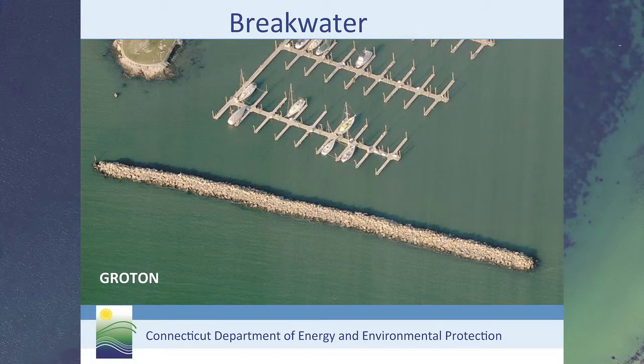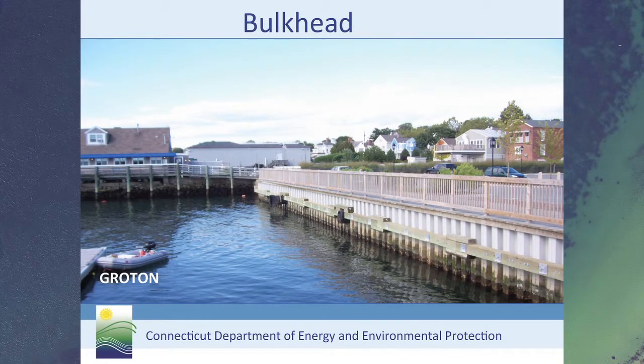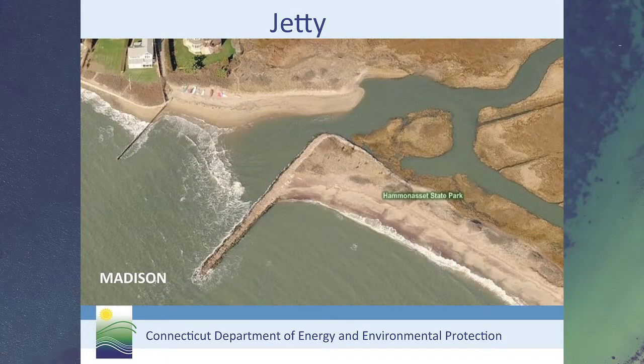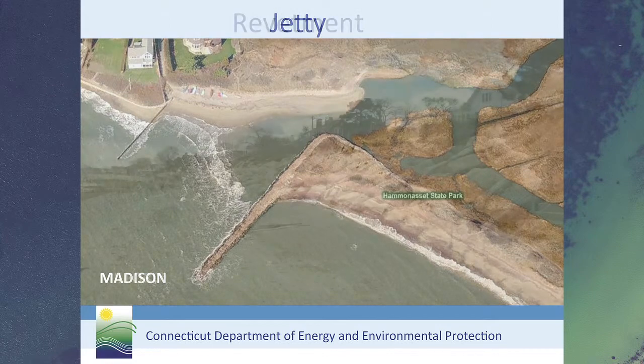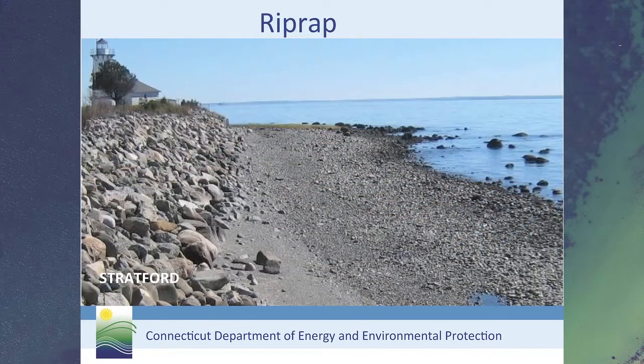A breakwater in Groton, this is off of Spicer's Marina. A bulkhead in Groton also. This is a groin in Clinton, many groins in Clinton. A jetty, which is basically a groin at the mouth of a channel to stop sand from going into the channel. Usually, sometimes it works, sometimes it doesn't. A revetment, riprap, seawalls,